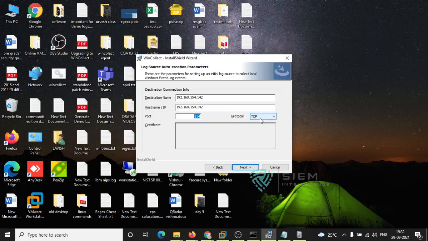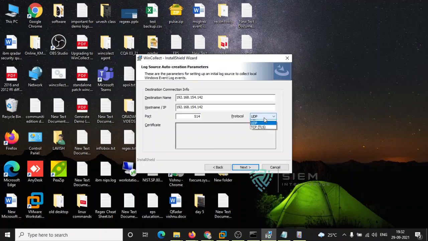There is the protocol option: TCP, UDP and TCP TLS. You can send it using UDP. UDP means you don't require any acknowledgement for any packet. If the traffic is very high, you can use UDP to forward logs faster.